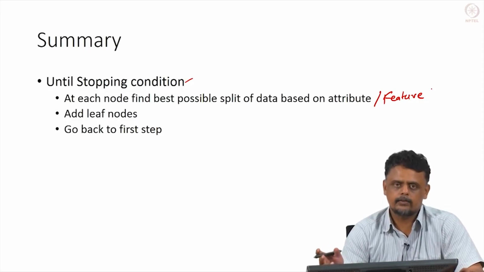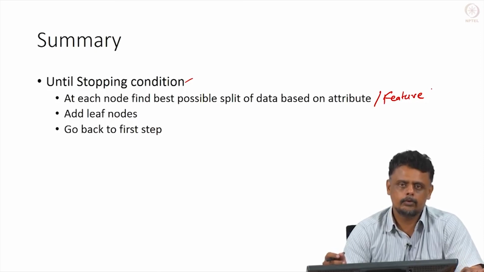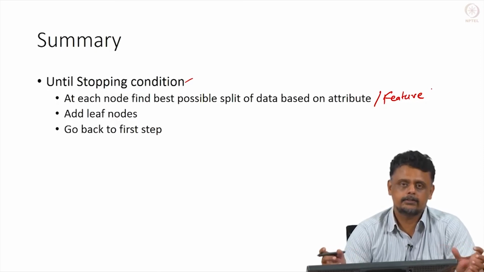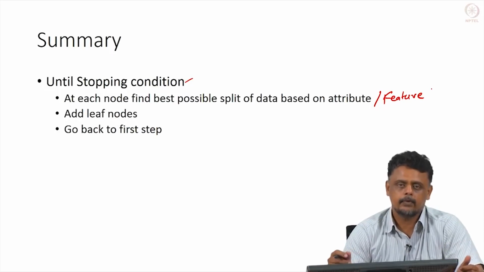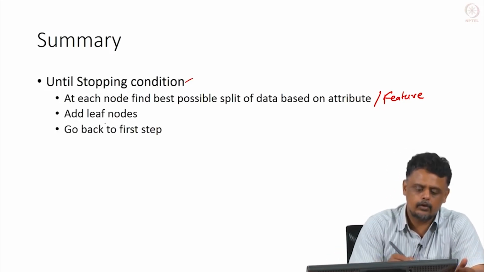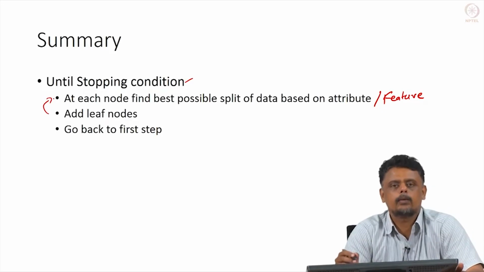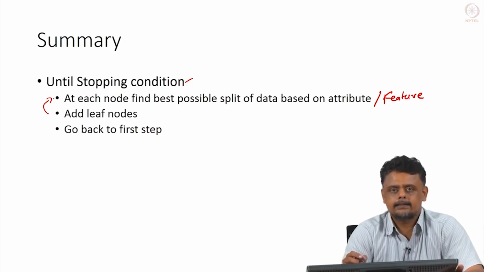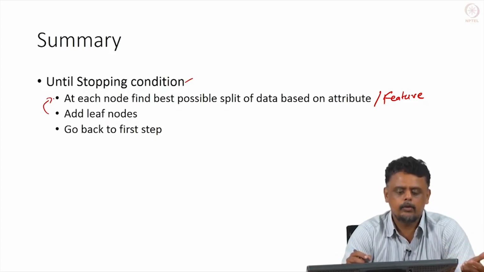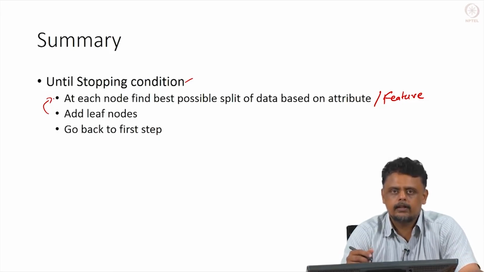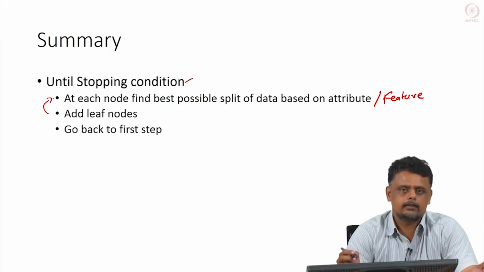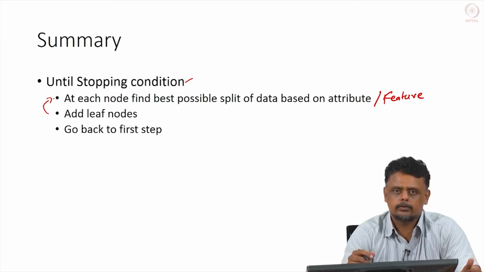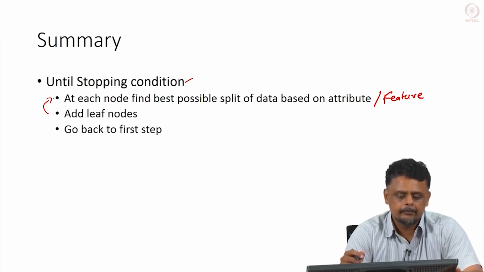Now, once you have that split, you assign the split data to the 2 leaf nodes, and then again start from each one of those leaf nodes and repeat this. You keep doing that till you reach a particular depth, or if all the elements in the leaf nodes correspond to a particular class, then you stop at that point. So, you keep going till that point.